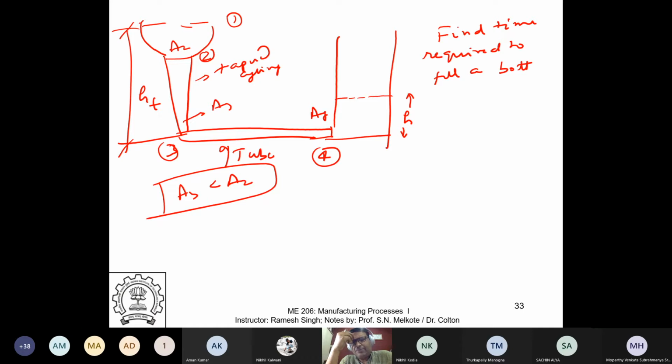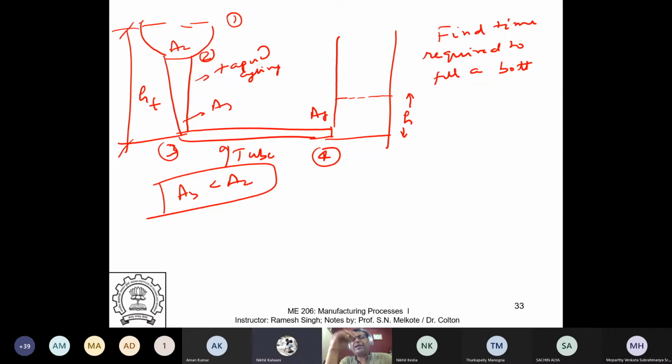The velocity will increase. Then maybe there will be some turbulence. If you make it smaller than required, you'll increase the velocity. If you are below 3,500 Reynolds number, you're okay. But if you make it so small that the velocity increases so high that there is turbulence, then it can do two things. A, it can cause aspiration because of turbulence, and vortices will be formed. The second thing is that, because of very high velocity and wall shear, it can wash off the sand. So you don't want very high velocities there.